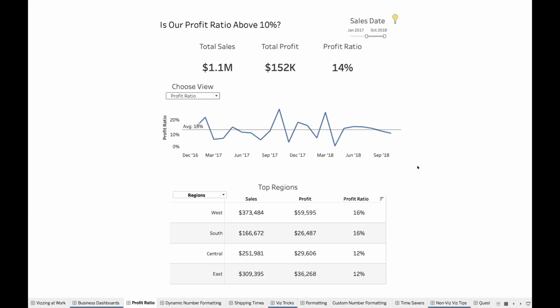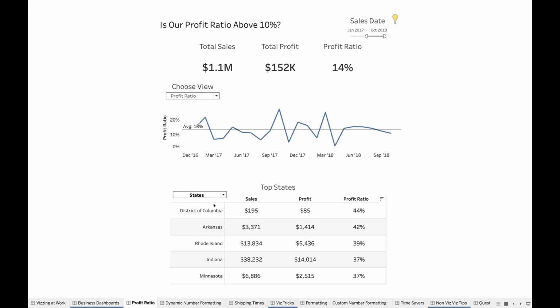The other type of parameter I have is here at the bottom. It is a dimension switching parameter. So what this does right now, you can see top regions by profit ratio. This allows your clients to switch between different dimensions. Again, just putting more data into their hands. So if I click here, you could go to states and it'll switch region with states, categories or